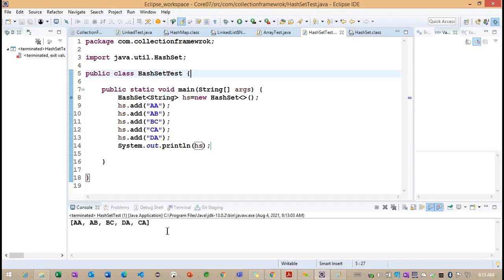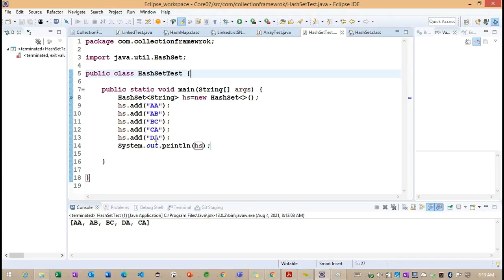Getting the point. The order in which we insert, we are not going to get the same order. Why are we not going to get the same order? Because of what happens internally: we are creating the node based on the hash code. The hash code for each key is going to be different. So for each key, we are going to have different hash codes here. Based on the different hash codes, we are going to have different index. The references are going to change for this particular node here.